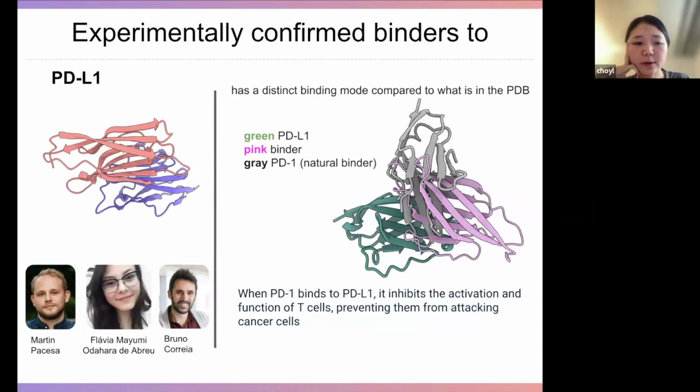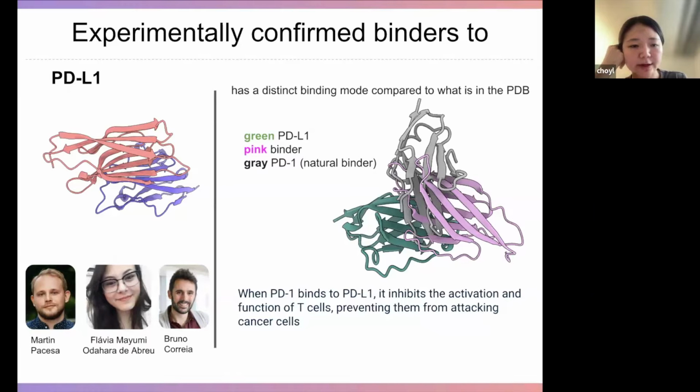For PD-L1, the cool thing is we designed some beta sheet binders, but they actually do not bind in the same binding pose as where PD-1 binds to PD-L1. It has a slightly different binding mode and structure, but it still can inhibit the interface of PD-1 and PD-L1. We're still evaluating this, and it has a hundreds of nanomolar